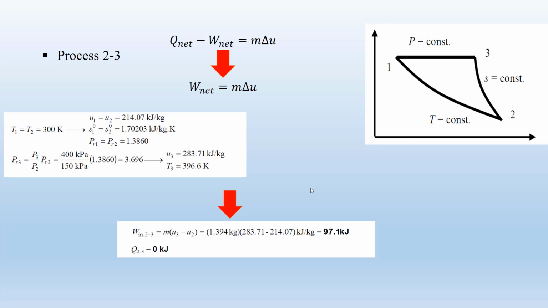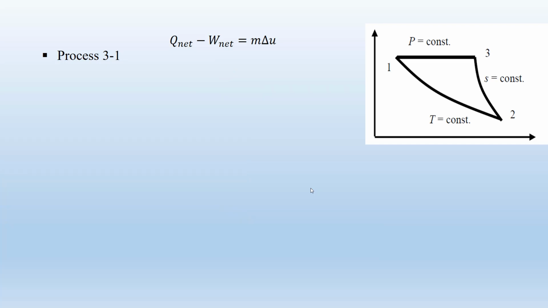And then the last one is a constant pressure process. Please simplify the first thermodynamic law for this process. Okay, for this process, guys, you need to keep everything, correct? We have Q, W, and also the M and delta U. So now, to calculate Q or W, if you calculate Q or W, then you can use this equation to find